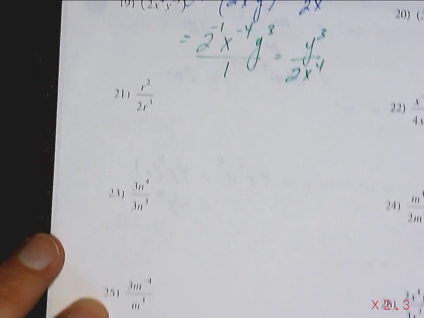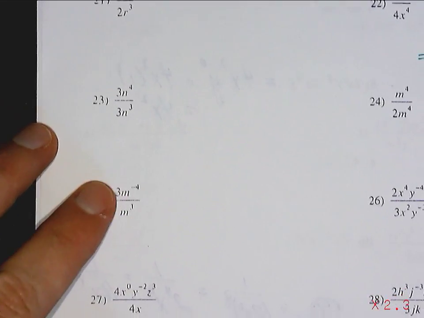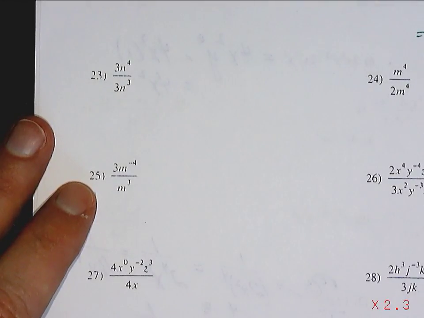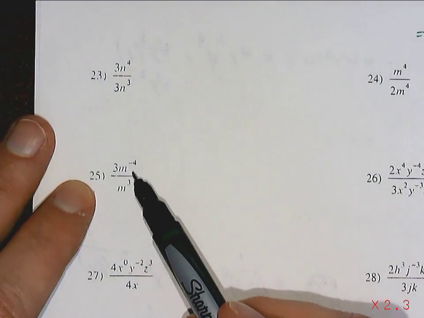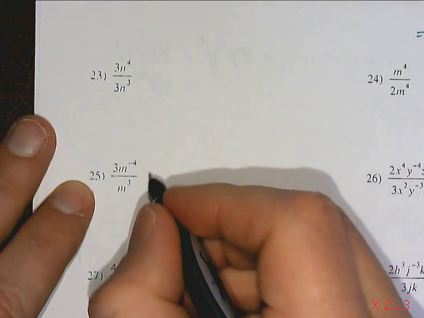25. Where's 25? There's 25. So Mustafa, if you do it the long way, you're going to get 3, m to the negative 4, subtract 3. You're going to get m to the negative 7, and then you're going to have to make it 3 over m to the 7. Doing it our way, you see that this is negative, it's going to come down to the bottom, and we're simply going to get